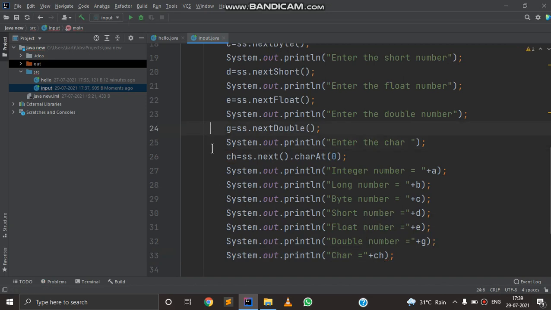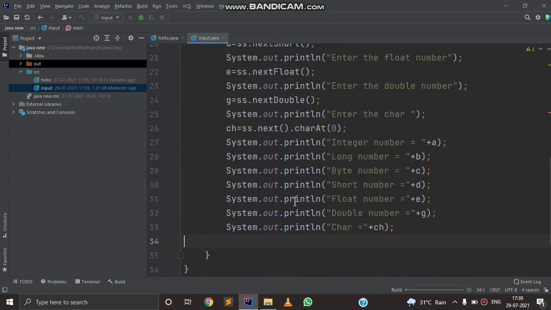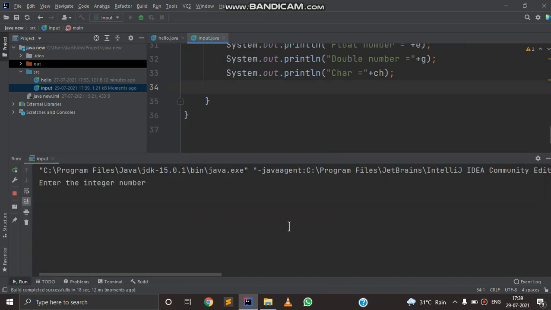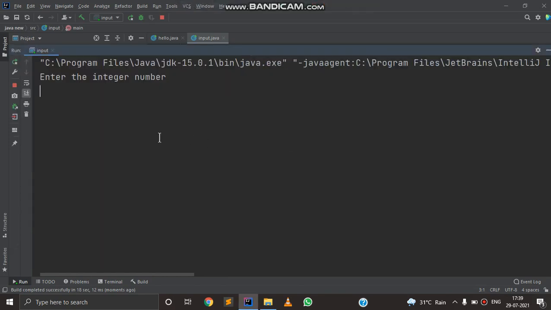So now my program has completed. As you can see, there are no errors. Now I'm going to run this program. So as you all can see, I'm going to input integer value as 19.